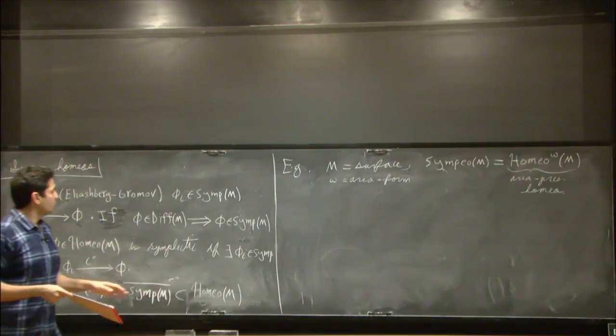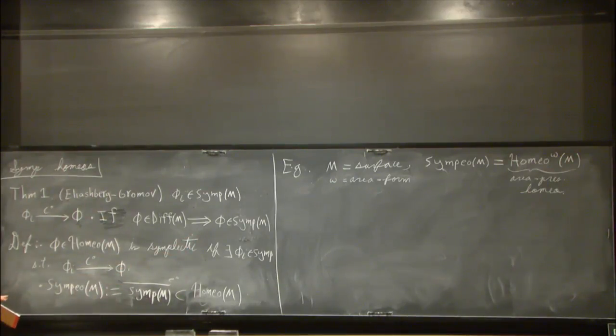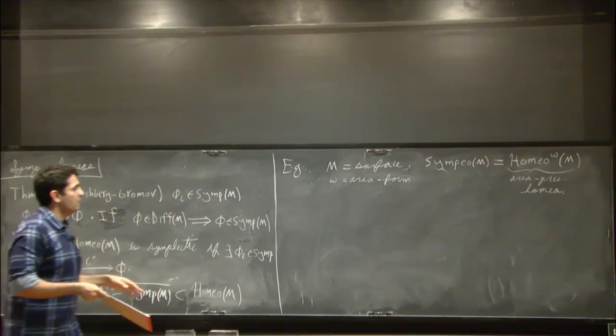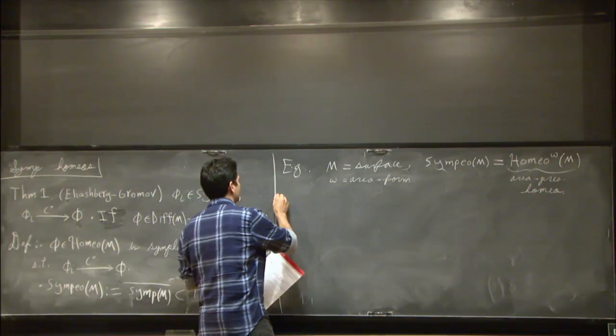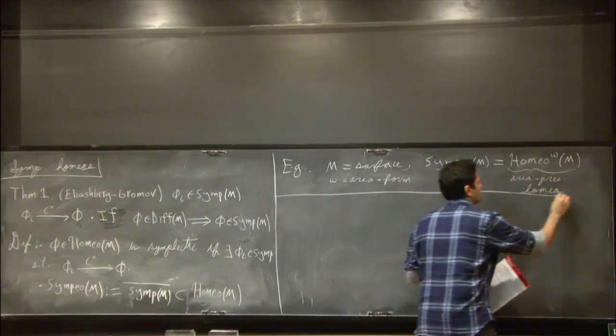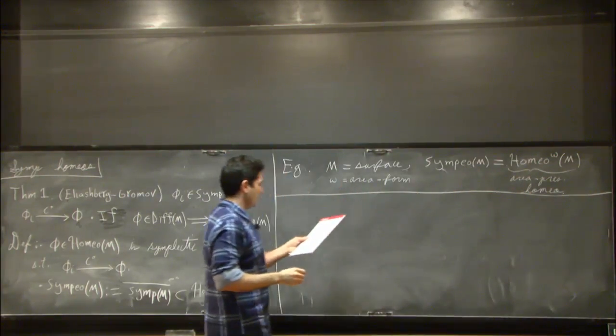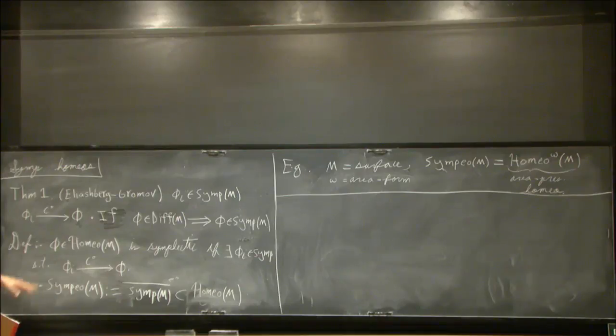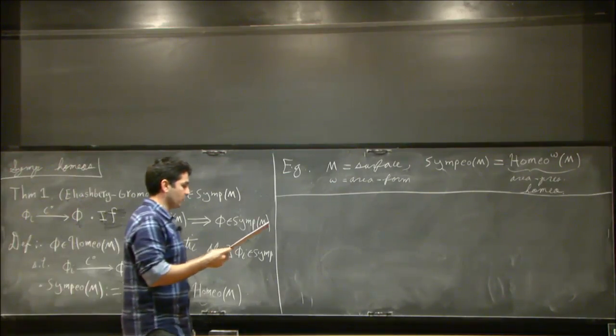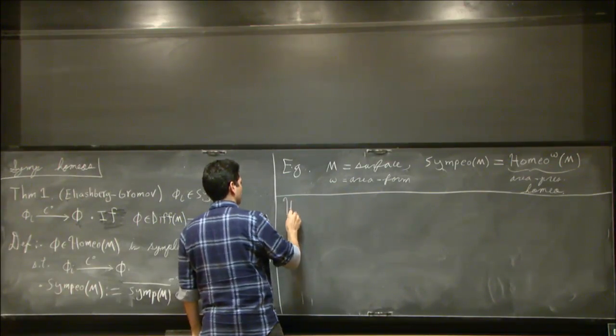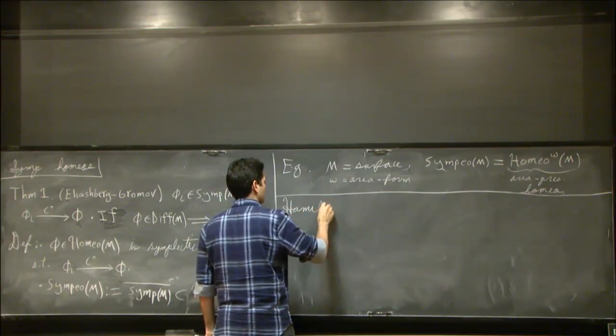So these are symplectic homeomorphisms. I'm not going to say much about them, except that I thought I should give the definition before I tell you what Hamiltonian homeomorphisms are. These have been studied fairly extensively over the past few years, and there's quite a bit of interesting stuff out there about these. But now that we know what symplectic homeomorphisms are, let's move on and see what Hamiltonian homeomorphisms are. And this is where the Arnold conjecture will come in.